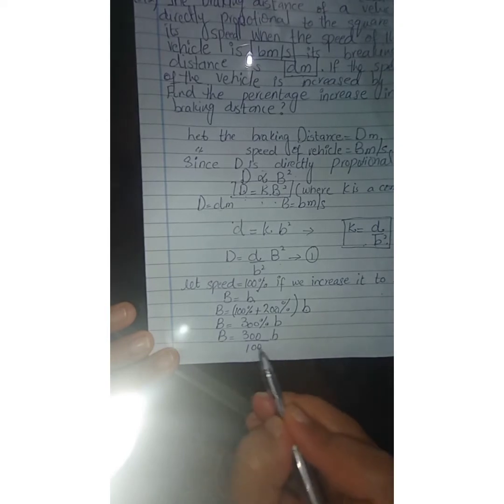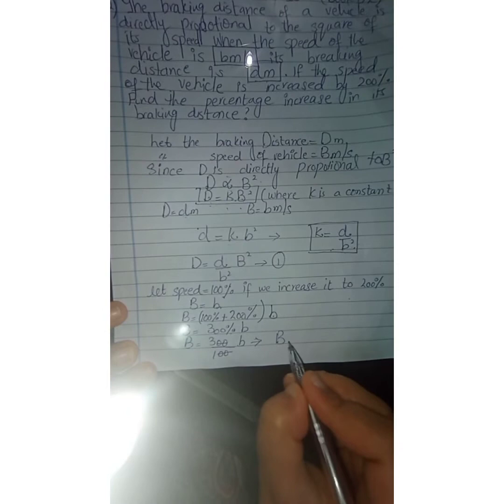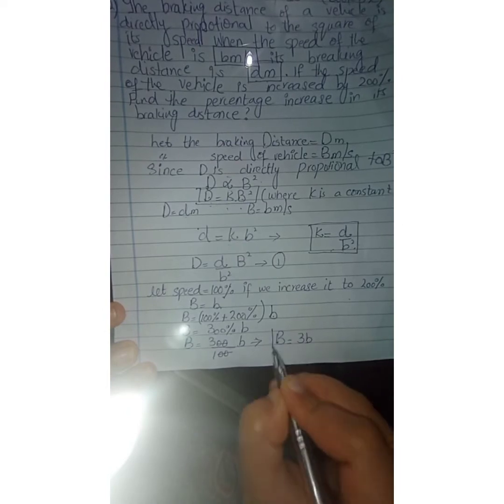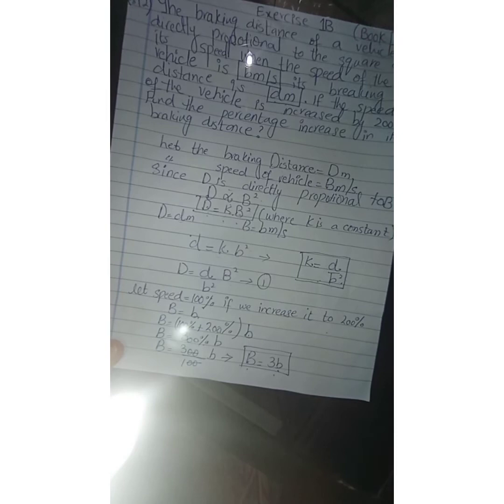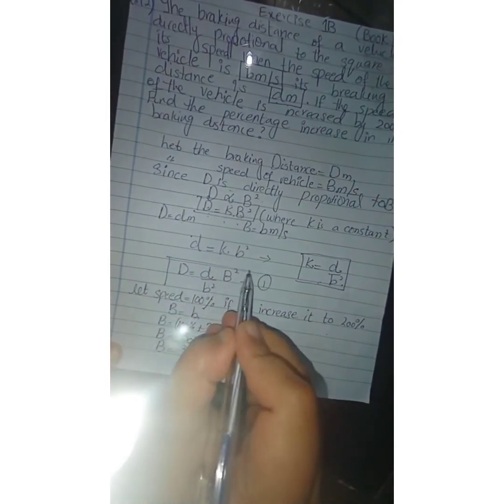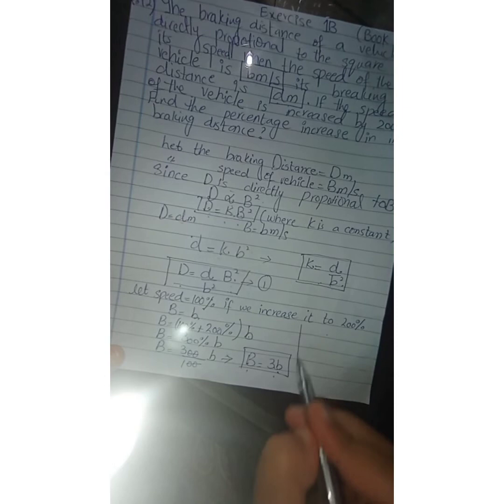When we divide it, or we can directly cancel it, it's up to us. Whatever way we do it, we will get the value of B is equal to 3B. I hope this is clear: after increasing, the value is no more B, the value is 3B. After this, moving back to this expression, we will be using this B is 3B now. So I'm putting this value over here and I will get